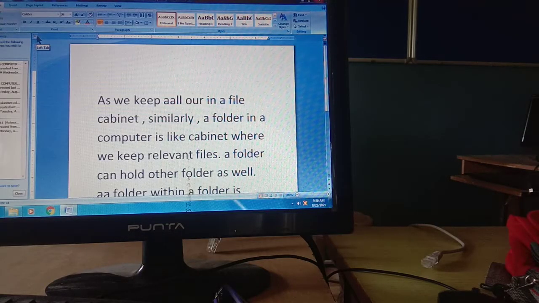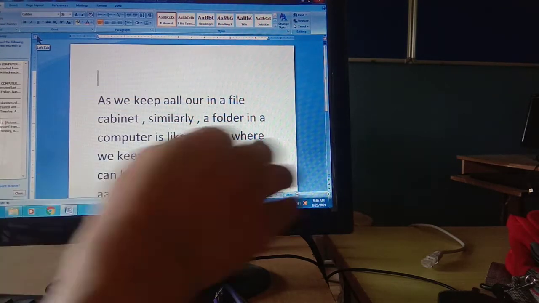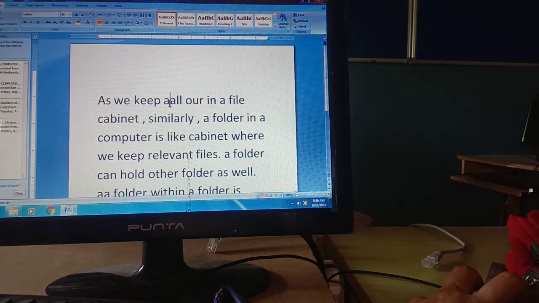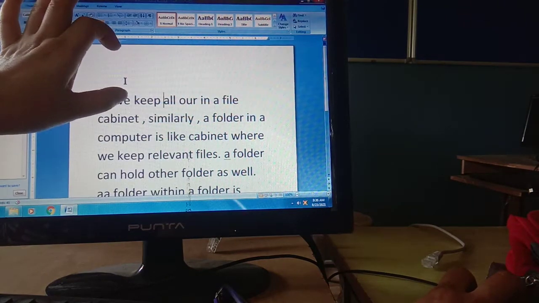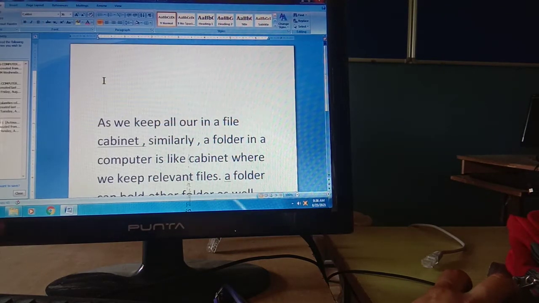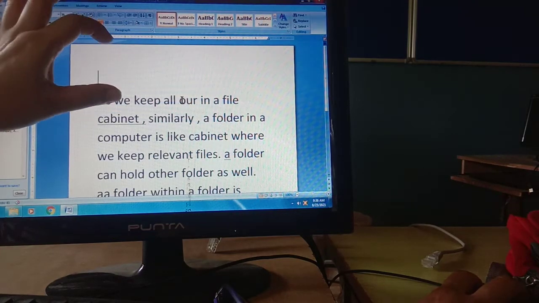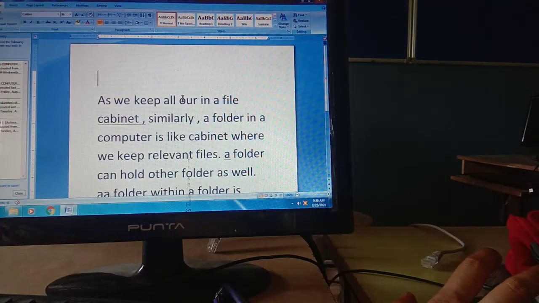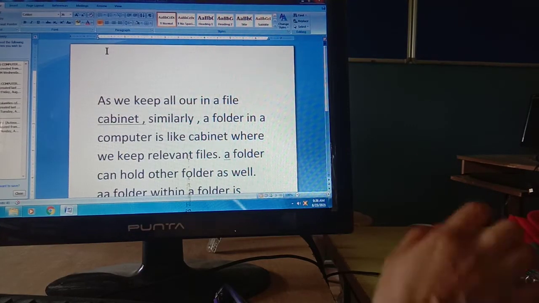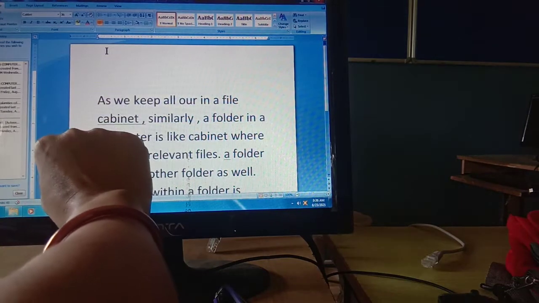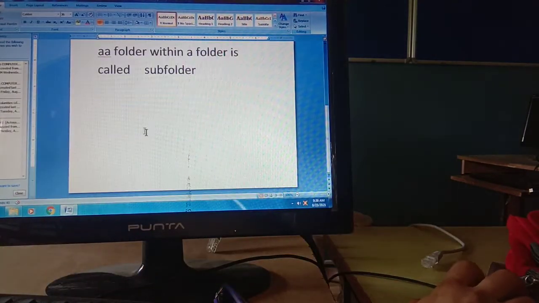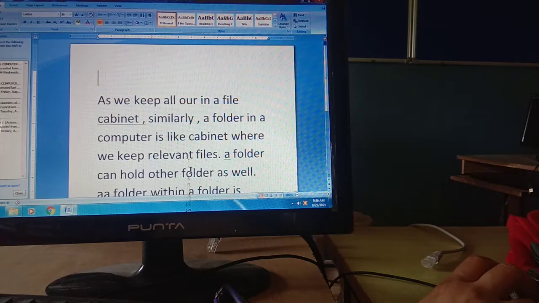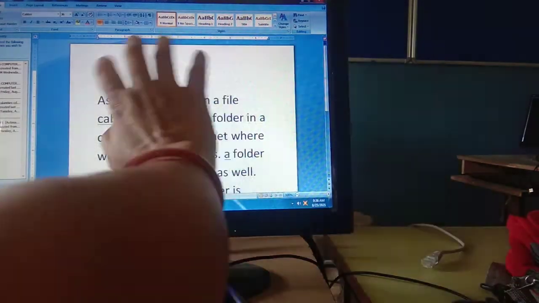So students, you all learn about the line spacing and margin. We are talking about the margin. What is margin? Margin is the space between the text and the page edge. Okay, by default it is set to 1 inch: 1 inch from top, bottom, left, and right. Margins are set to 1 inch. But you can change your margins.